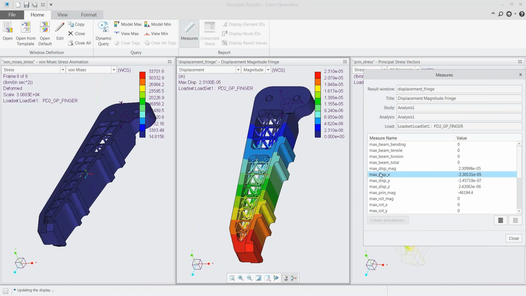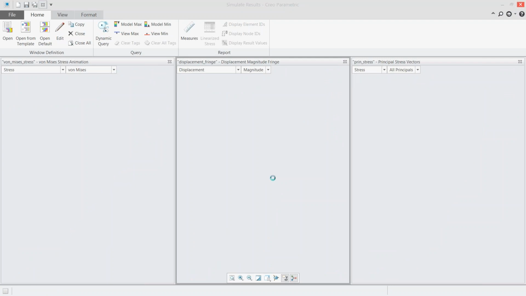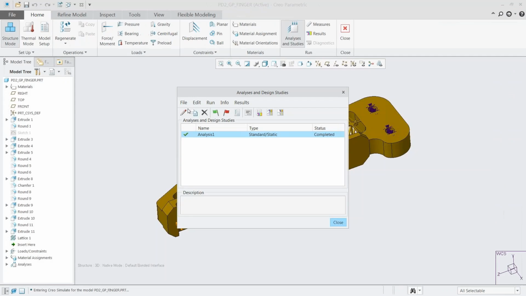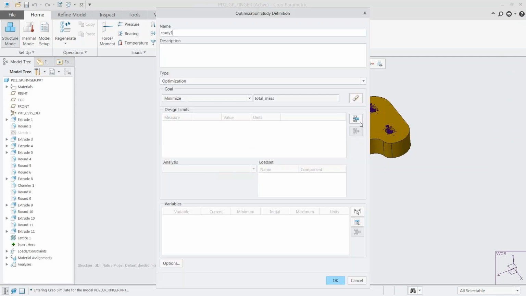And I might say, well, this cannot go over a maximum displacement of a certain value. So let's query that result, put that on my test so I can share that off, and let's go through and optimize that a little bit to make sure that that is lowered, but we still are able to hold up, reduce the mass. So going through, doing another optimization study, the only reason we're doing this again is I